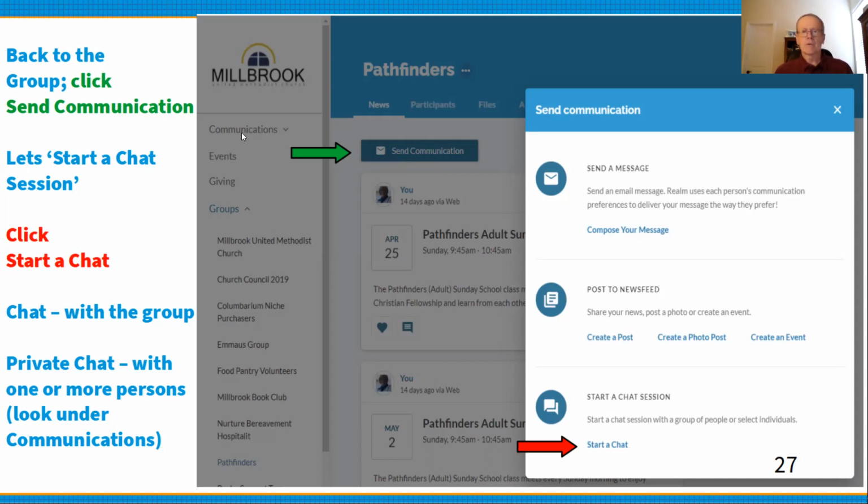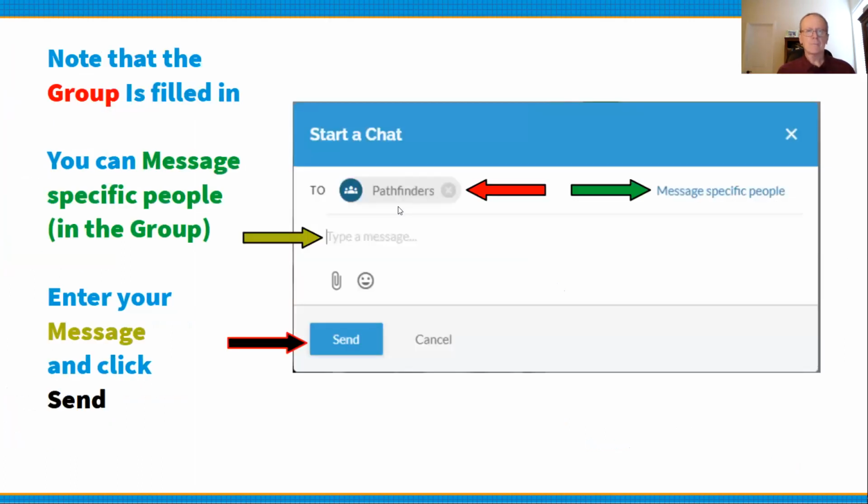Up here, you have communications, and if you open that up, there's a chat capability there. When you choose that chat, the first thing you have to do is choose the person or persons that you want. Whereas if you want to chat with a group, you would probably be best to go through the group first and then choose chat. So what happens? I get a pop-up with